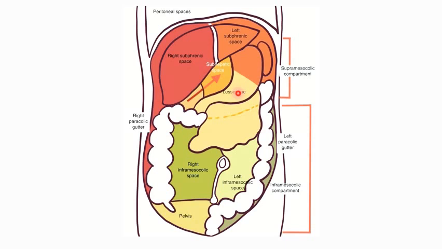This supracolic compartment is once again divided by means of the ligaments of the liver, especially the falciform ligament. The white thing what you are looking at here is the site of the attachment of the falciform ligament, if you remember it. And even the other various ligaments like the coronary and the triangular ligament divide the supracolic compartment once again into 6 spaces, and these spaces are lying beneath the diaphragm.